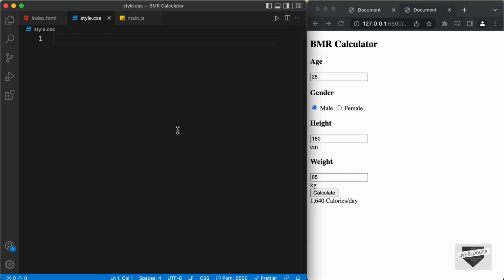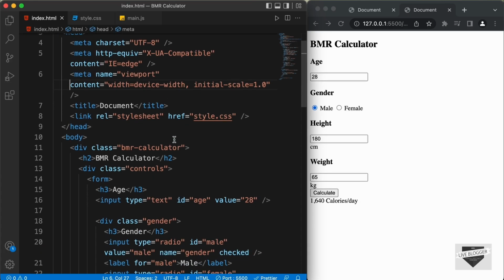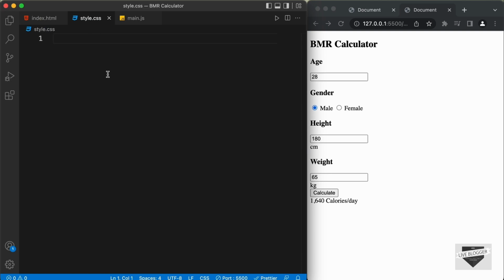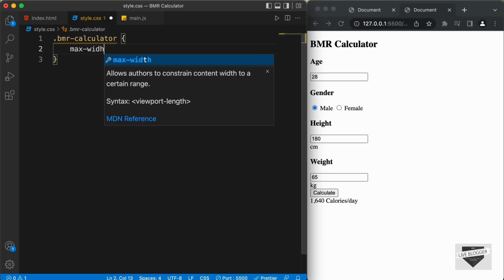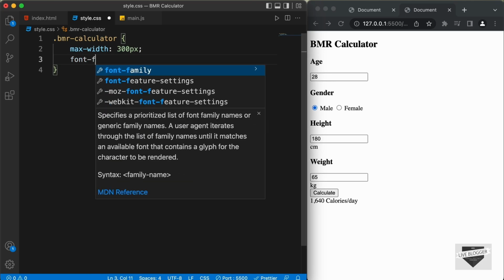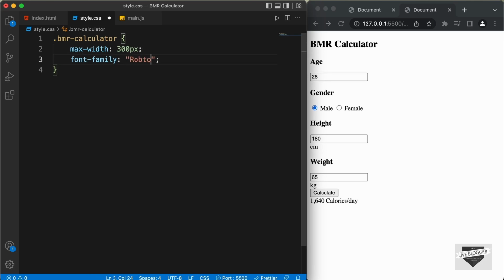Now the first thing we will do is we will style the container division. For the container division we have a division with the class of BMR Calculator. So let's go back to our style.css file, and let's type .bmr-calculator, and let's set a max width of 300 pixels, and we will set the font family to Roboto and sans-serif,